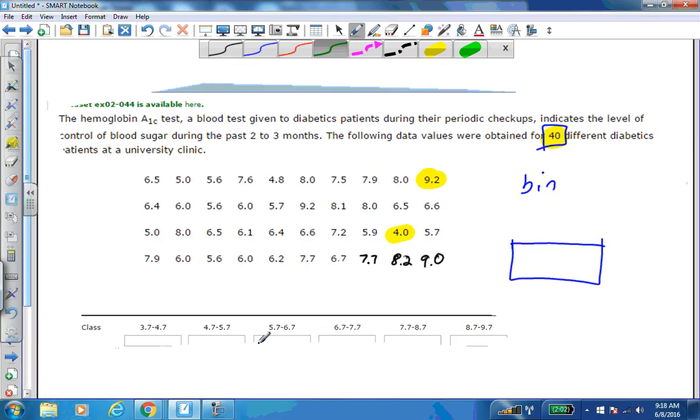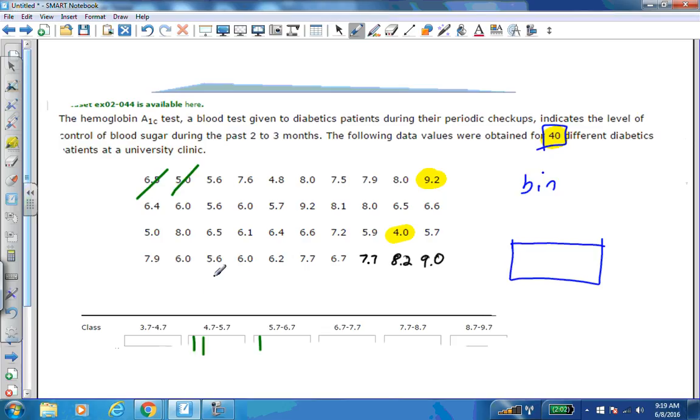So 6.5, that falls in that category. 5.0, that's here. 5.6, 7.6, that's here. 4.8, that's there. 8.0, 7.5, 7.9, 8.0, 9.2, 6.4, 6.0, 5.6, 6.0,